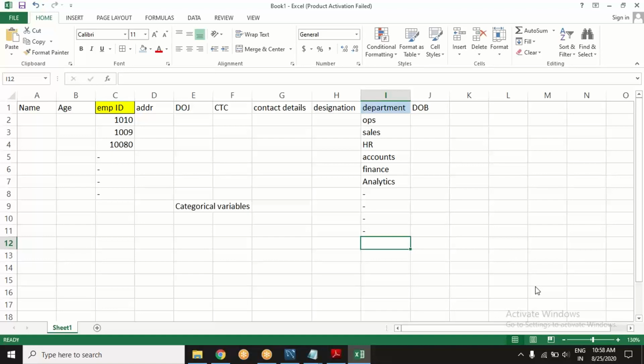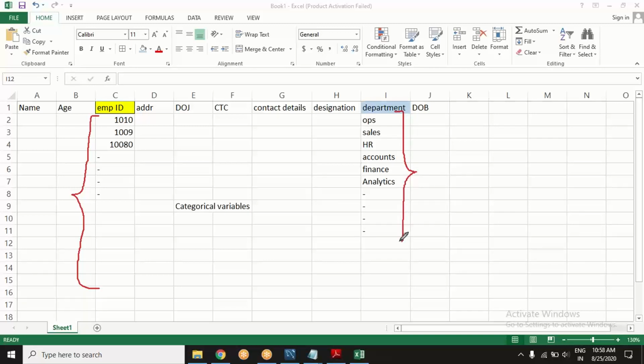Correct. Purchase, OEM, this and that. There can be several departments. Now tell me one thing. Despite this company having 100 employees or maybe 1000 employees, they are going to fall in these categories.